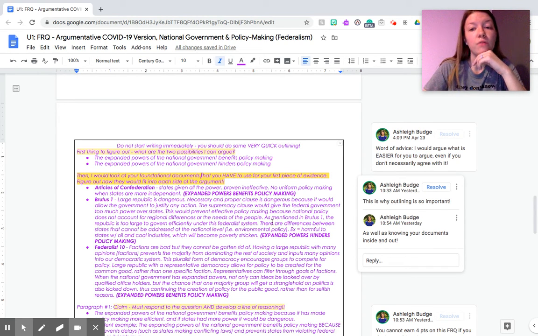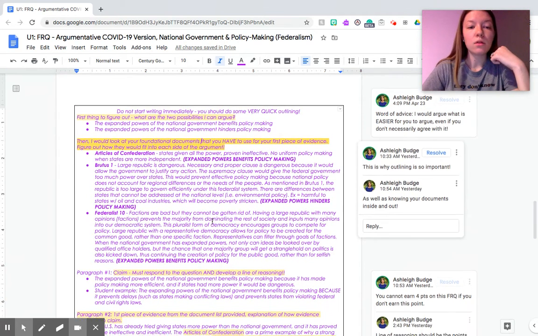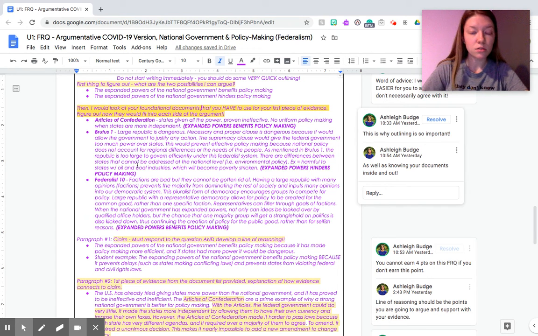Okay, that's why we are going to be completing a matching activity that my hope is on test day you can kind of have open in another tab or on your phone, or you can print out, so that way you have it in front of you kind of as a cheat sheet. Okay, so let's go ahead and break down the three documents that they've given us.